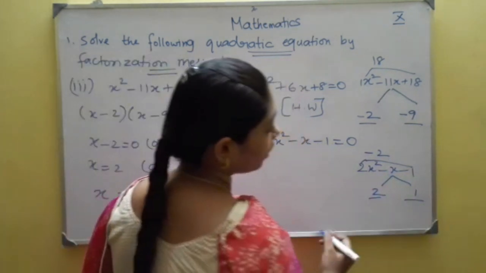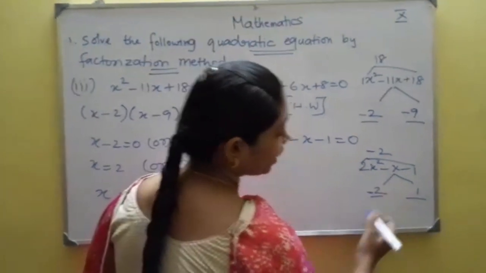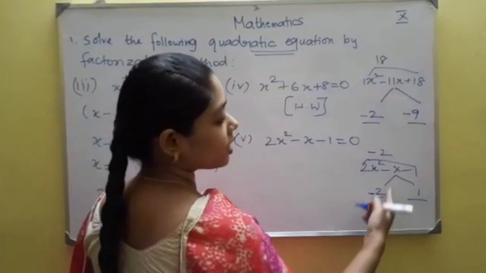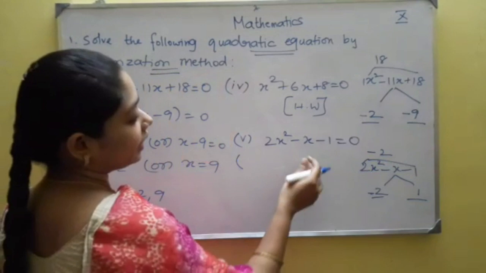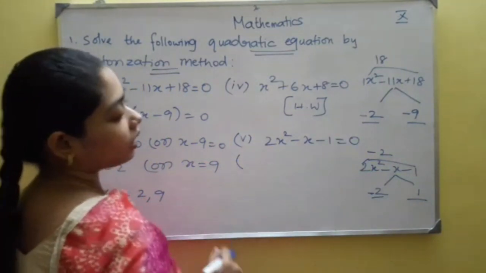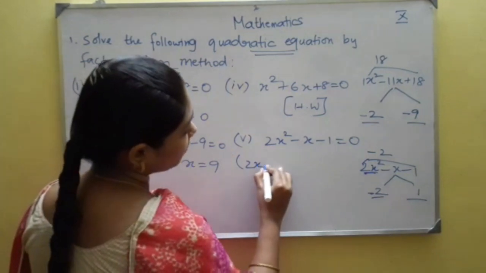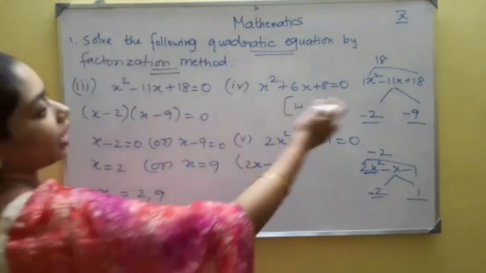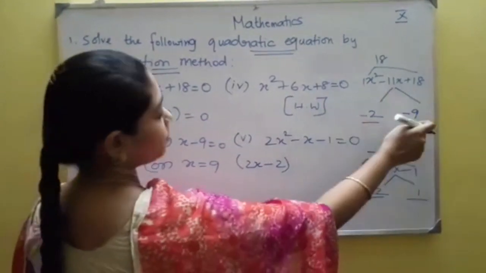So 2 ones are 2, right? The difference gives you 1, but you want a negative sign, so put minus on the greater number. Minus 2 plus 1 is minus 1. While doing multiplication, you will get minus 2. While writing this quadratic in another way, observe this, here you are having 2x, so write 2x minus 2. In those places, where the x square coefficient is 1, you are simply writing x minus 2, x minus 9.